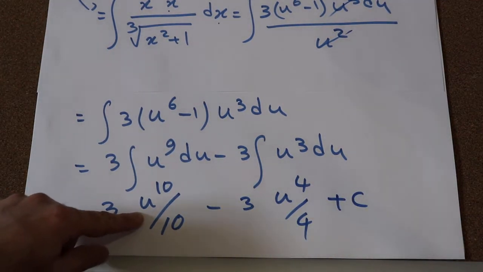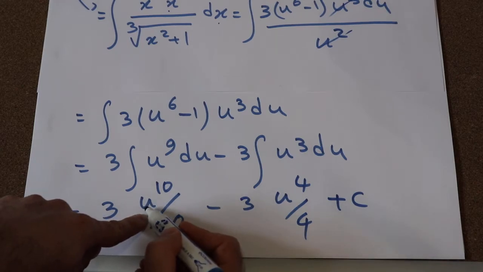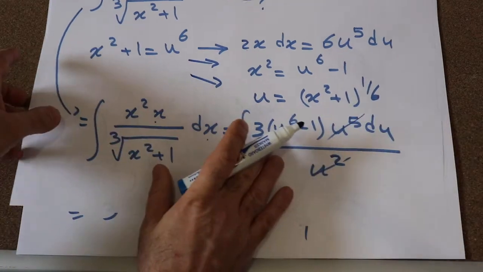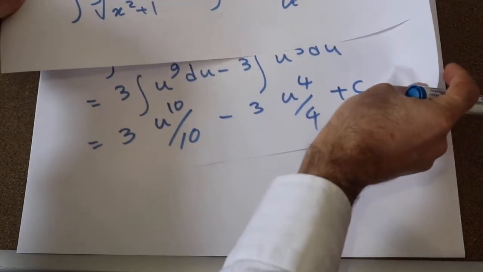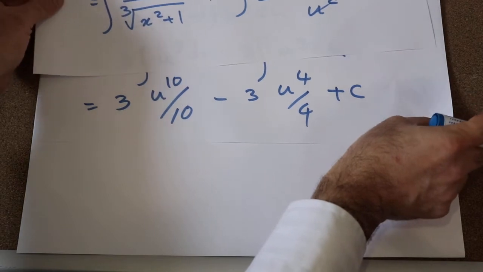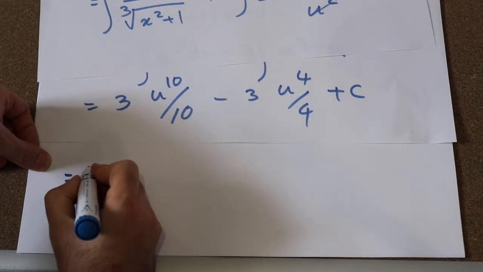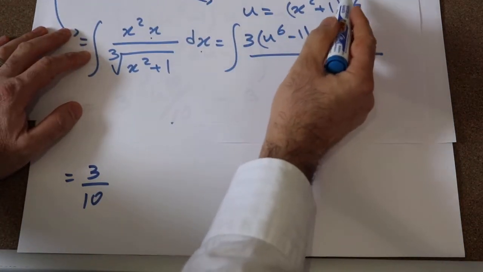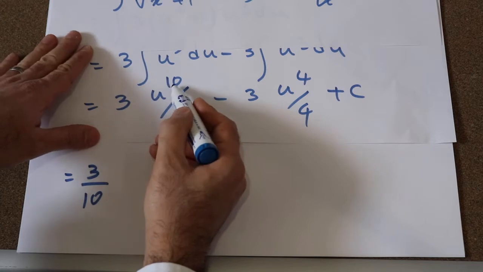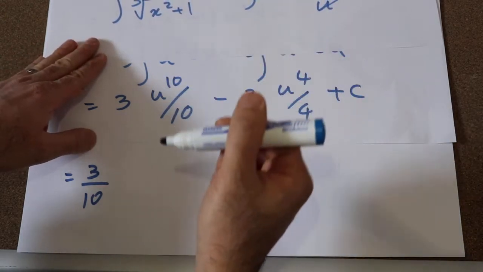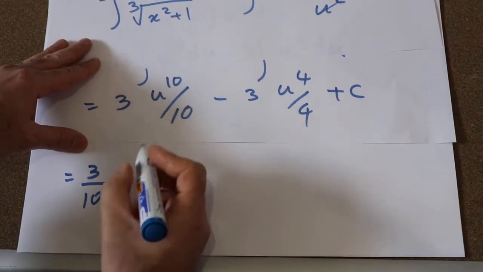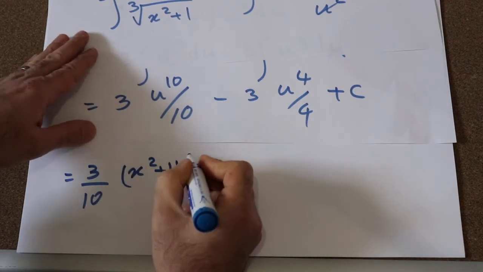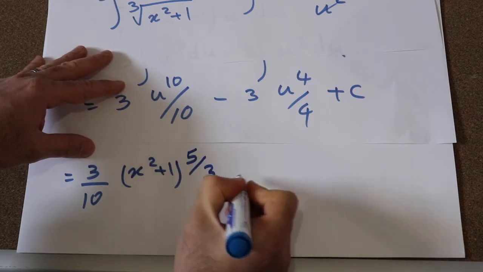So here all you need to do is substitute this parameter u with its definition, which is equal to (x^2 + 1) to the power of 1/6. Therefore the final solution will be equal to 3 divided by 10, where u is (x^2 + 1) to the power of 1/6, to the power of 10, that will be 10/6, which is equal to 5/3. Therefore this will be equal to (x^2 + 1) to the power of 5/3, minus